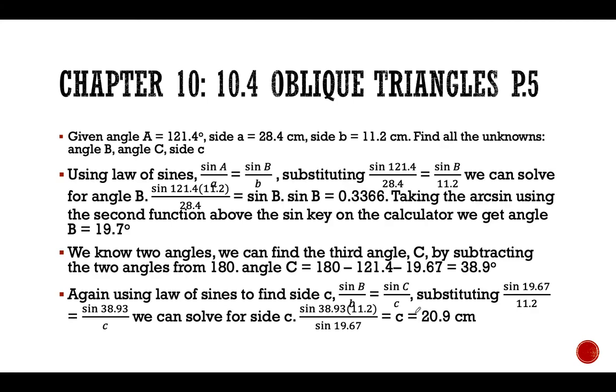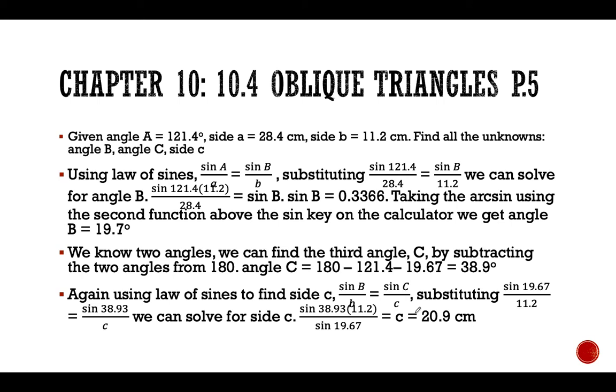Using law of sines, we're going to use the A ratio and the B ratio. Sine of angle A over A equals sine of angle B over B. Substituting what we know, sine of 121.4 divided by 28.4 equals sine of B divided by 11.2. We can solve for angle B. Sine 121.4 times 11.2 divided by 28.4 equals the sine of B. The sine of B equals